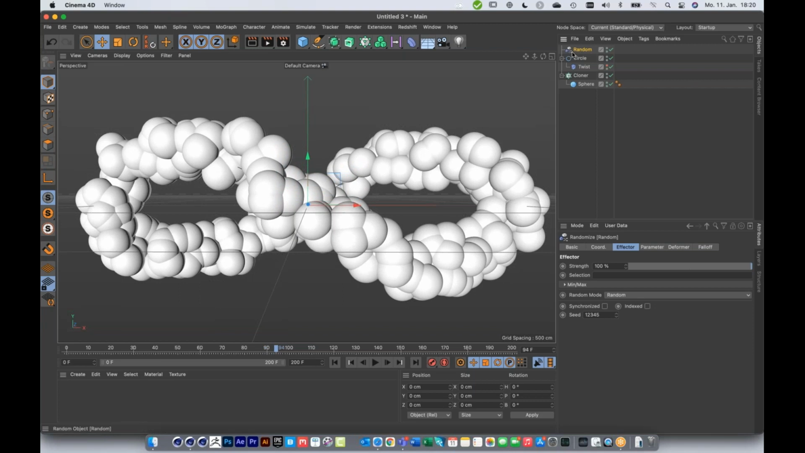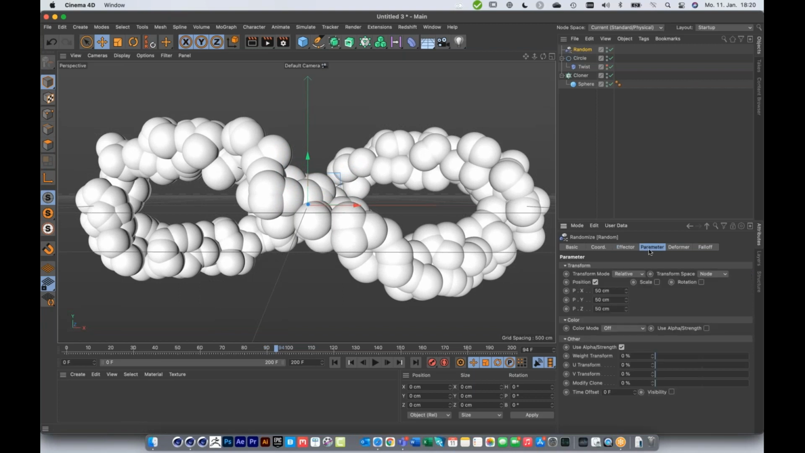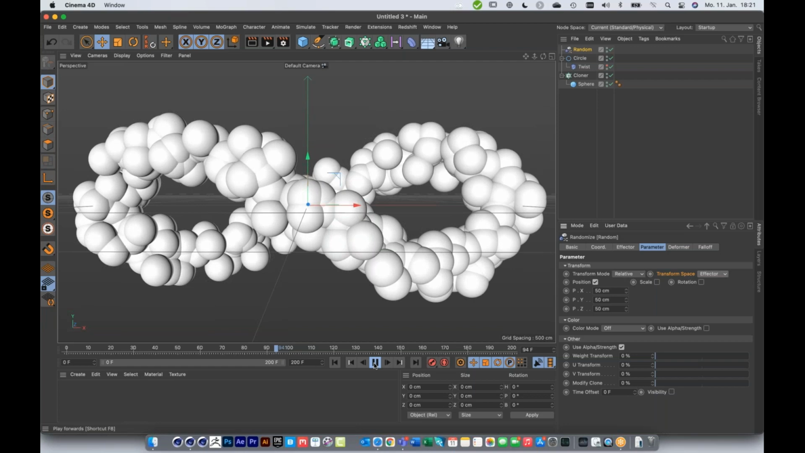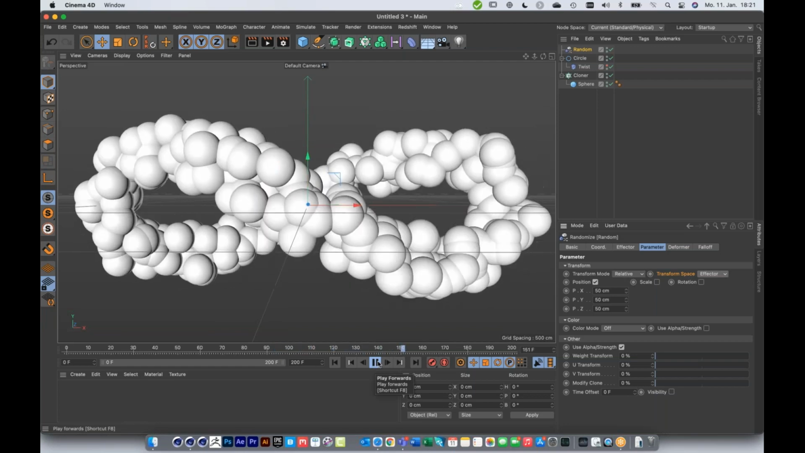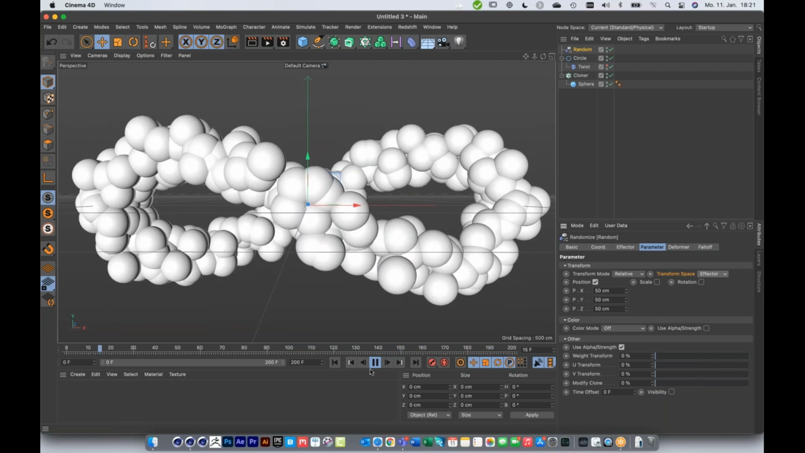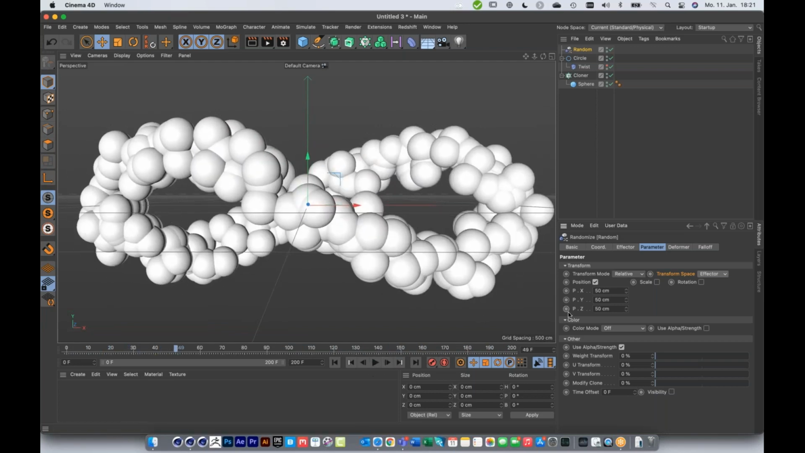And if we select the random effector and go to parameter, there is a parameter called transform space, and it's set to node by default. Node means the clone, so it's using the transform space of the clone. If the clone is rotated by 180 degrees in the banking, you won't notice it until it flips. So let's set this to effector. Now it's using the transform space of the effector. And if I hit play, you can see that there is no flipping anymore here. So that's pretty cool. The next thing I want to do is I want to go to the Effector tab